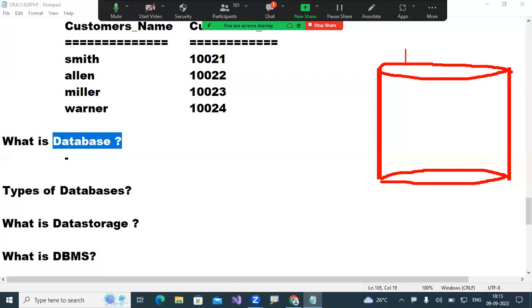suppose I'm going to develop one database called the SBI database. For example, we created one database for an SBI client. So whenever we create this SBI database, this organization's relational data, this organization's business data, whatever comes under SBI, all types of information will be stored in the database.